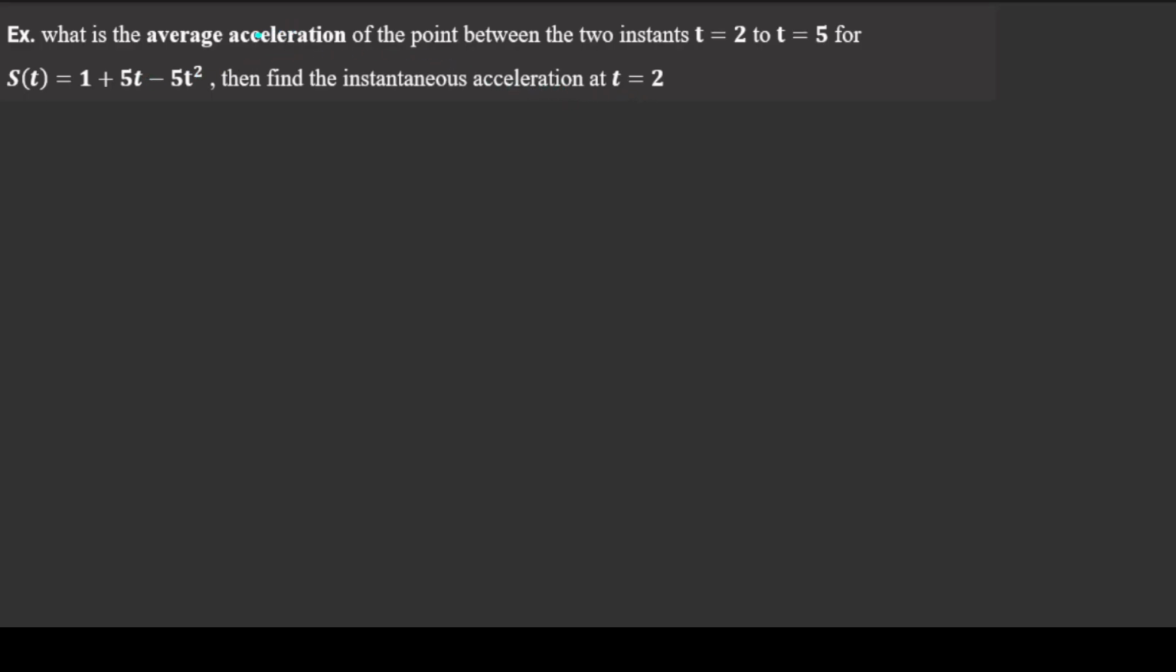Again, note guys, in the previous example, the question required average velocity. We know that V average equals delta S over delta T, which means S2 minus S1 over T2 minus T1, because if we differentiate S, we will get velocity. But it's the same for average acceleration. So A average